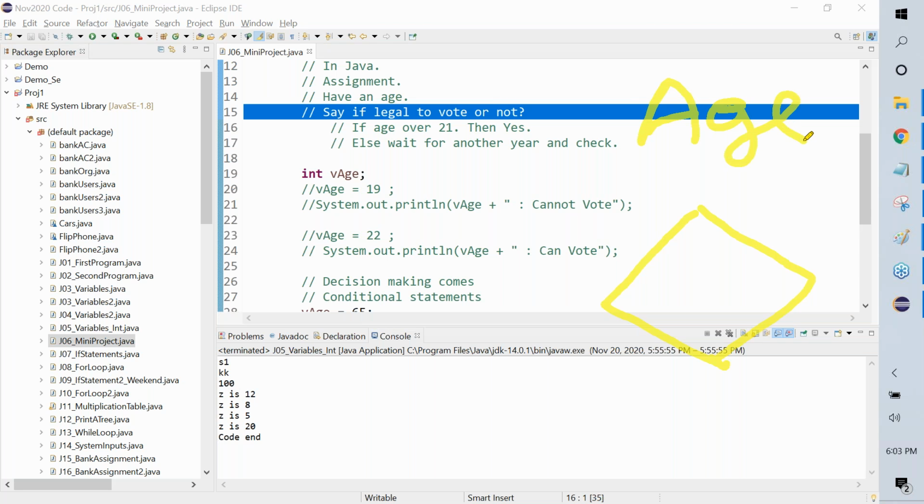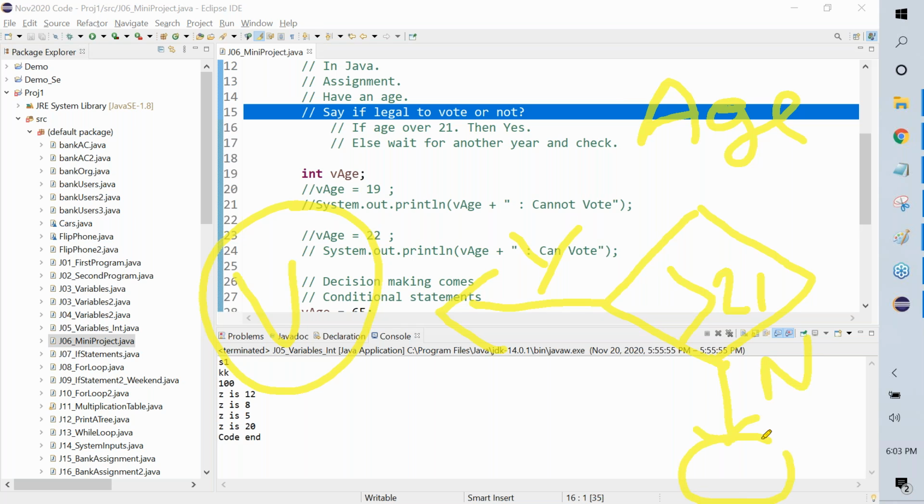If age is greater than 21, then yes means we vote. If that is not the option, then no vote. So this specific workflow, where given an age,